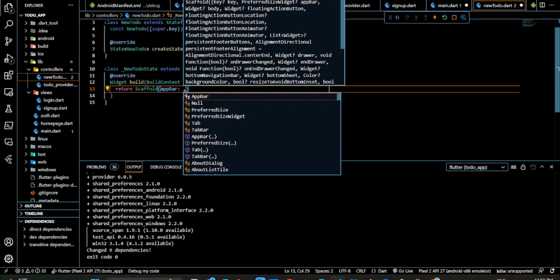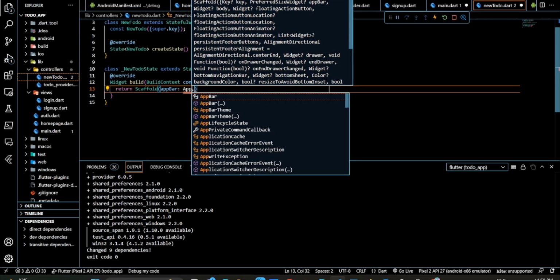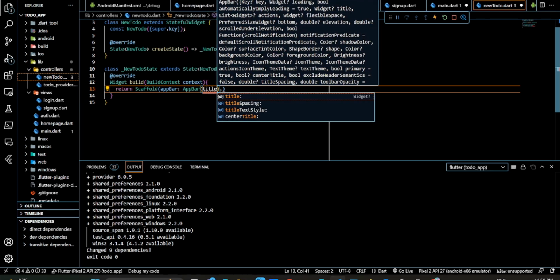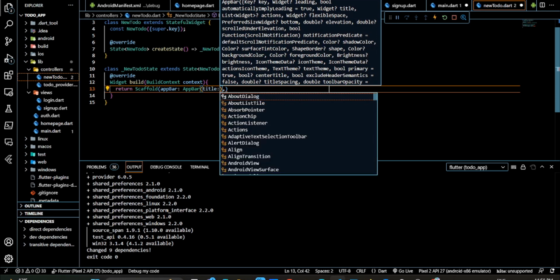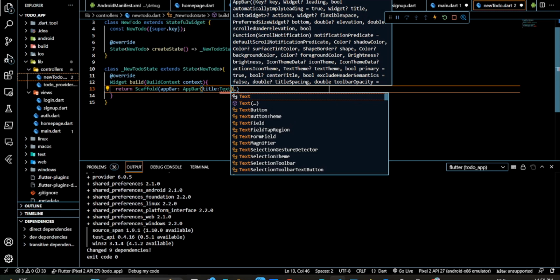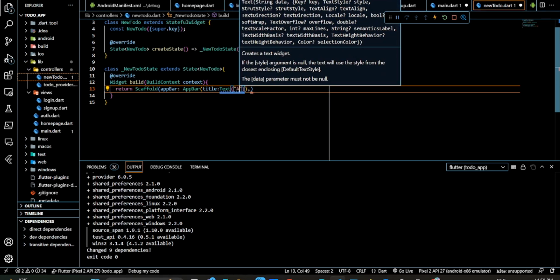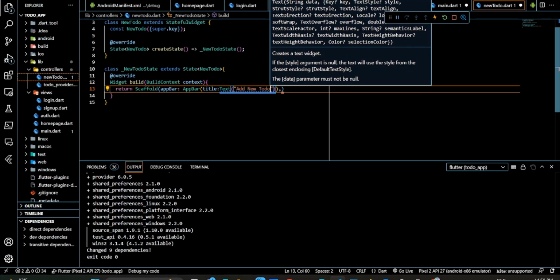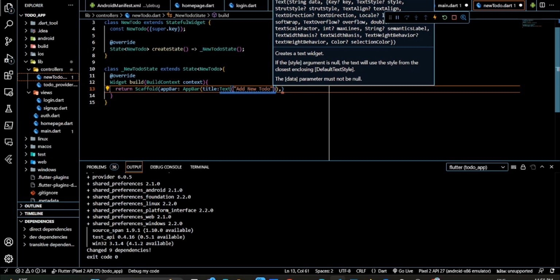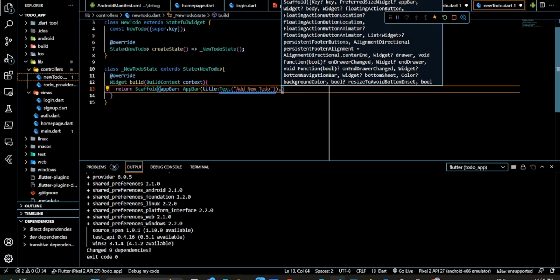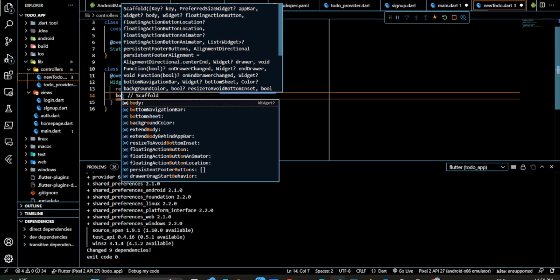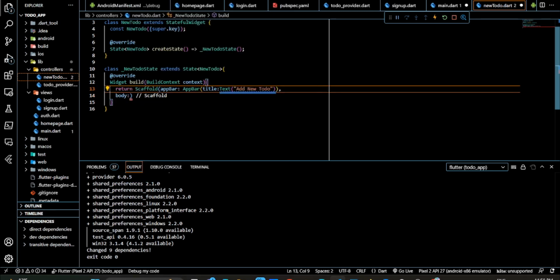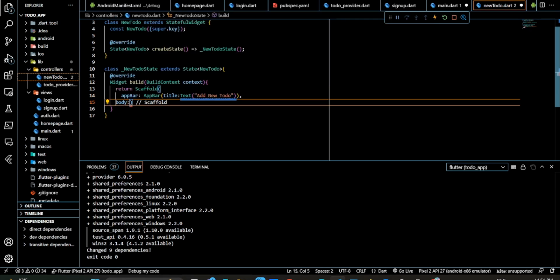App bar with title, having text "Add new to do", with body constraints. Okay, let's make this body constraints,